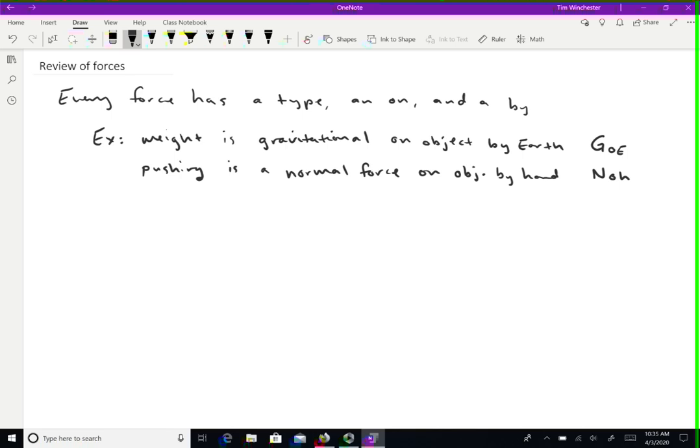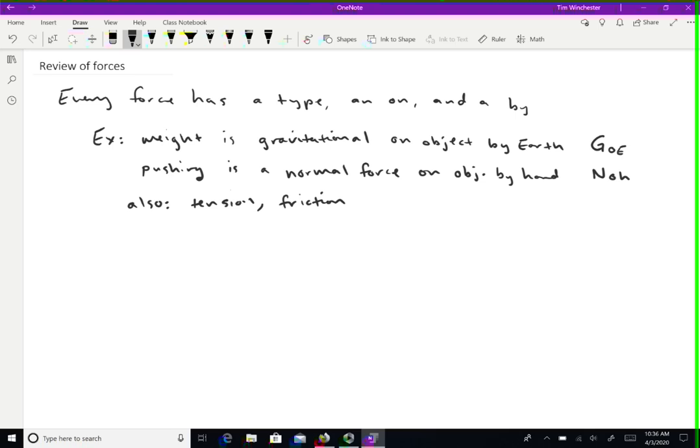There are a variety of different types of forces that you have seen up to this point. So I mentioned gravitational forces and normal forces. There's also tension, which is one that comes up a lot in 121. Friction is another big one. And if you go through 121, probably 95% of the forces are either gravitational, normal, tension, or friction. There are very few other kinds that show up in that context. However, there are some others.